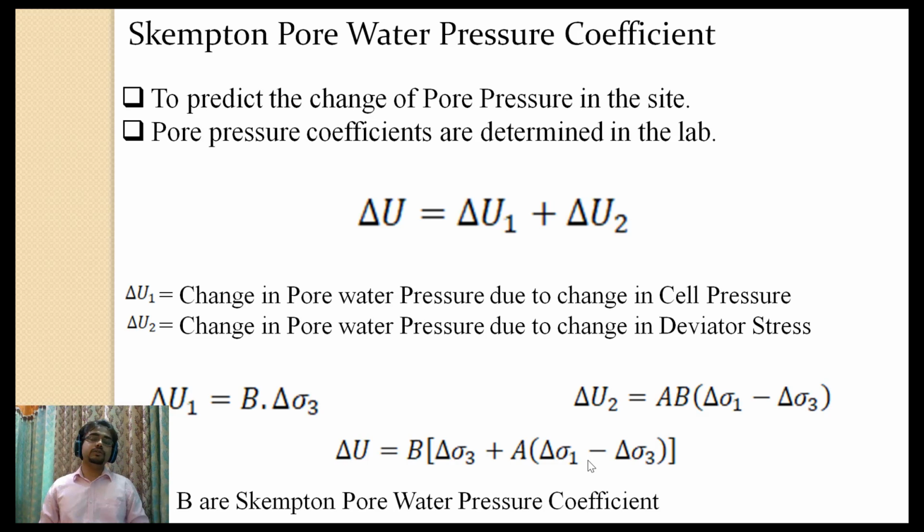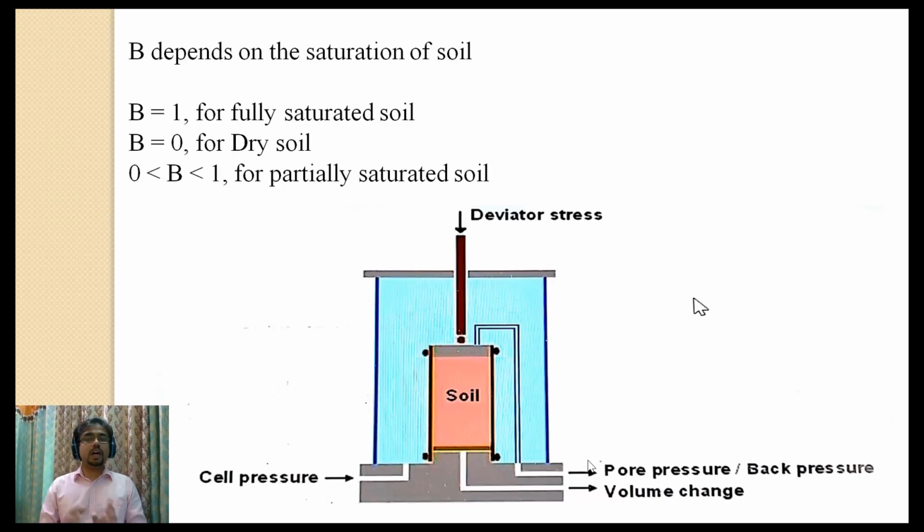Now, we can say that for the CU test, consolidation is going to occur. That means in the first stage, the drainage valve should be kept open. So if the drainage valve is kept open, then how is the excess water pressure, that is delta U1, getting generated in the first stage? We will come to that, but before coming to the CU test, we must discuss the significance of B in the EU test. So basically, in the EU test, we can find the value of B like this.